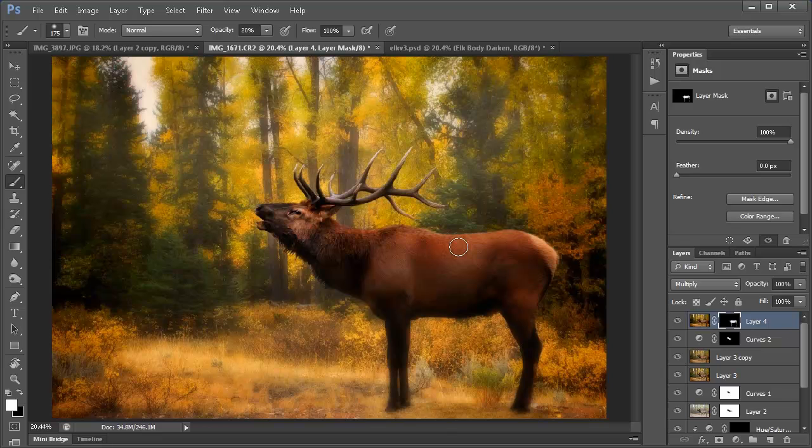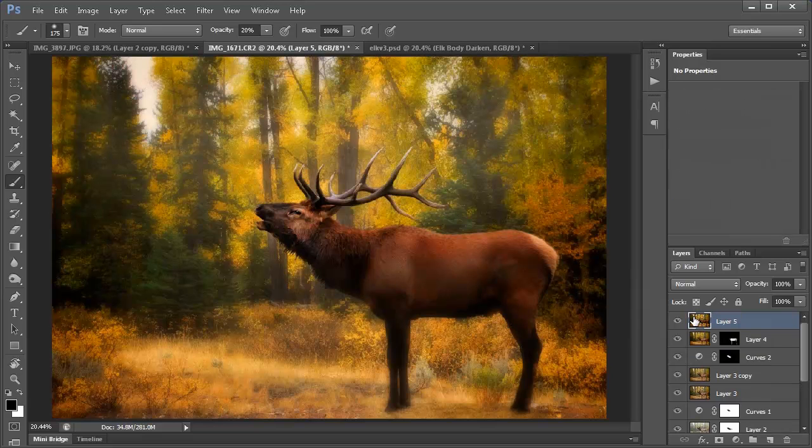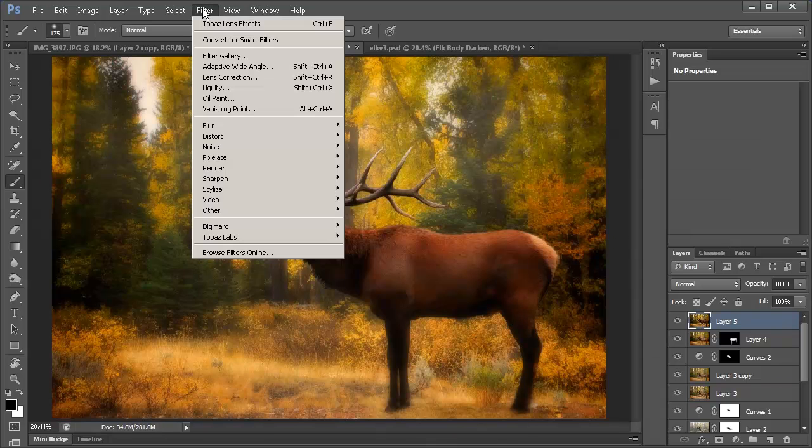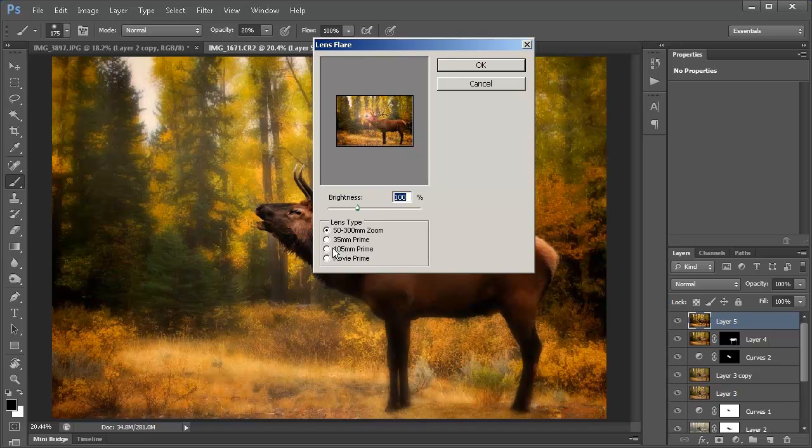Okay, so now the fun begins. We're going to add a little bit of a light source to the image, and before we do that, we're just going to hit Control Shift Alt E to create a composite layer. Then we're going to go into filters, I believe it's render, lens flare, and I'm just going to add a little bit of a 105 prime. Let me brighten it up a little bit so you can see it better. About 150. I'm going to type that in, and then move it right to the corner of the photo here,